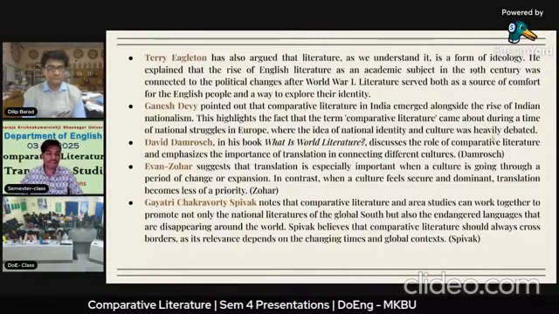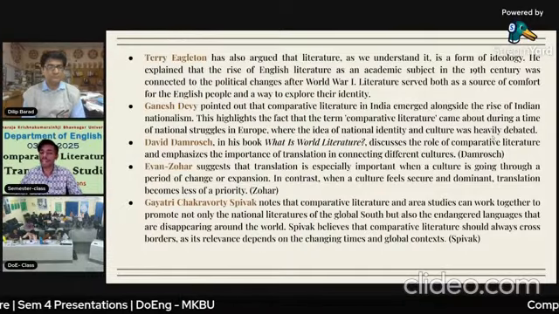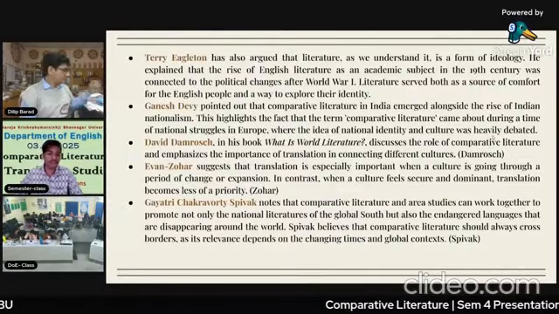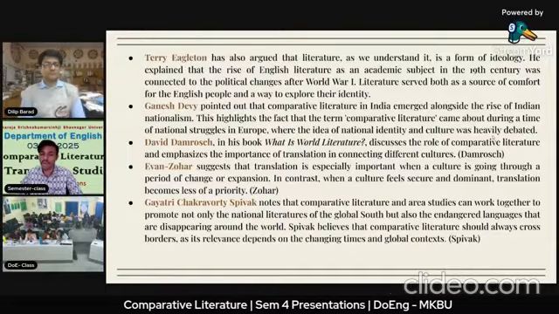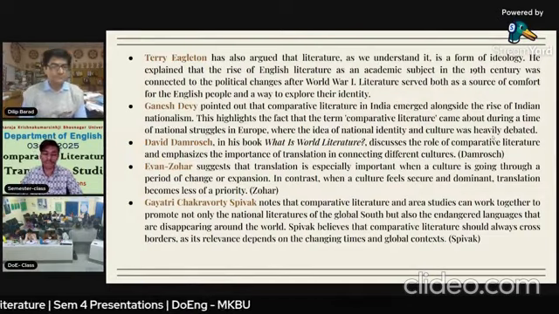The last one is Gayatri Chakravorty Spivak. She noted that comparative literature and area studies can work together to promote not only the national literatures of the global south, but also the enriched languages that are disappearing around the world.